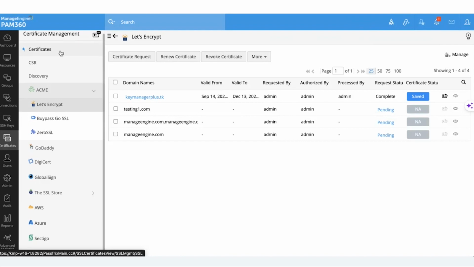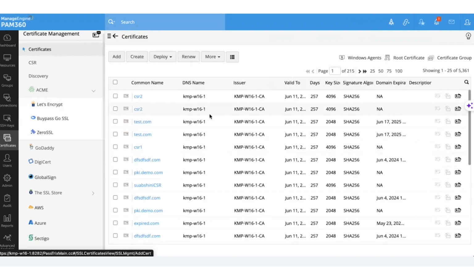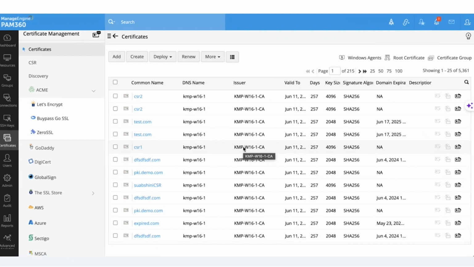So we will be able to renew the certificates. Once the certificates are renewed, we will also be able to deploy these certificates onto the target machines. So the complete lifecycle management has been achieved using PAM360 here. Now, other than this,